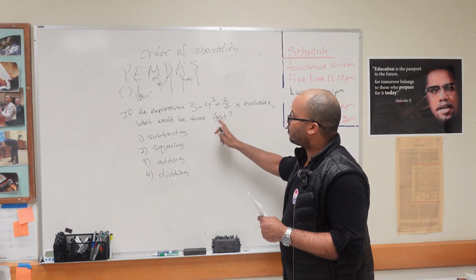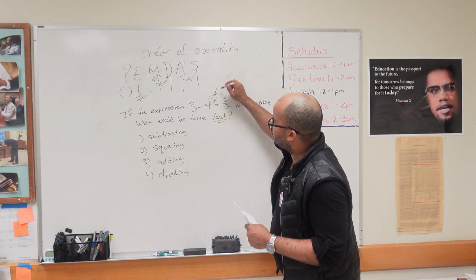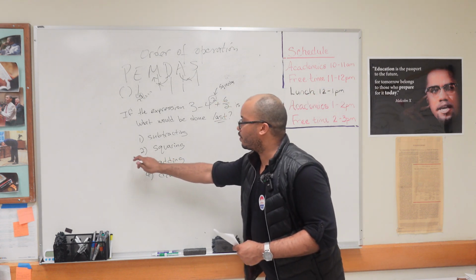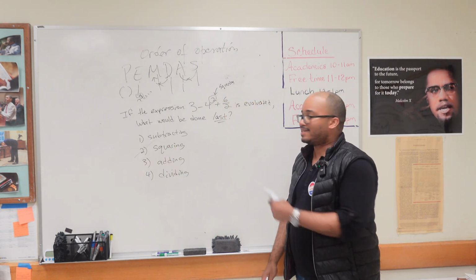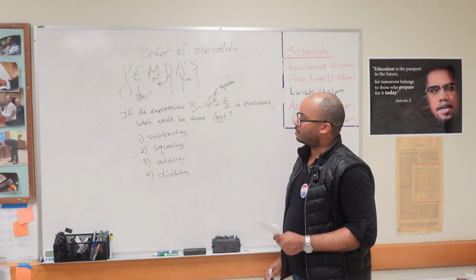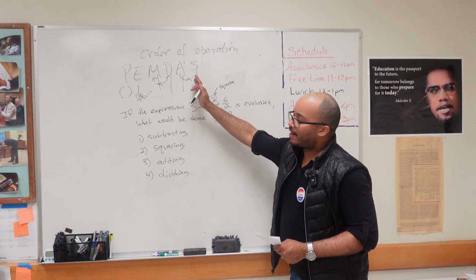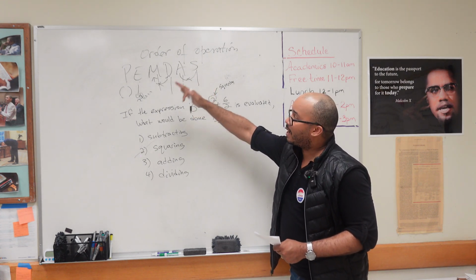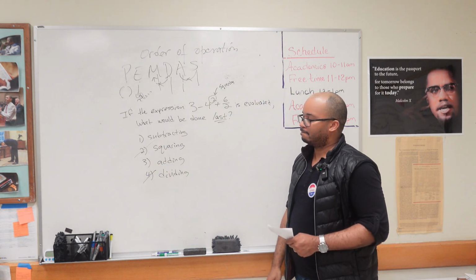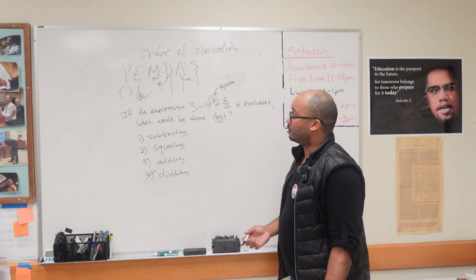Well, if I know the exponent is not last, what's the exponent they have here? 2. And we said that this is the same thing as what? Squaring. You have to understand to the second power. So then I already know that can't be the answer choice. That's not something I would do last. I have to do the exponent before I do addition and subtraction. And even with that being said, if I know the order of operations, PEMDAS, I know it can't be dividing, because I know the last thing is always going to be addition or subtraction.